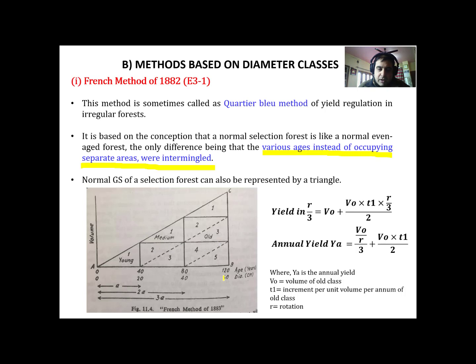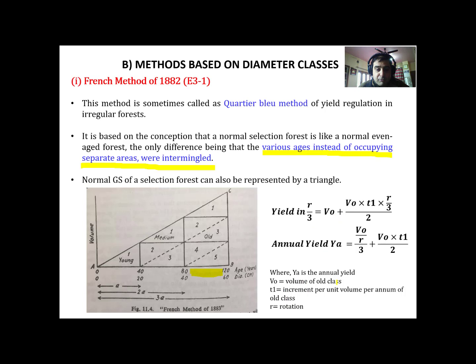So ultimately, in this method, in an irregular, uneven-aged forest, we get yield from felling of the matured diameter classes. This class has to be felled. This is the oldest class from where we can get the yield. So the yield in R by 3, a third of the rotation, down to diameter classes, is equal to V naught,